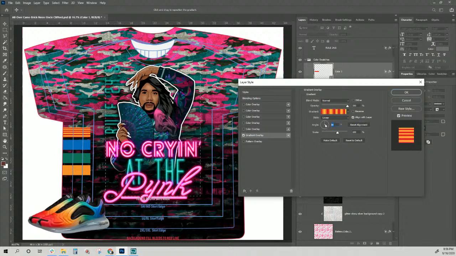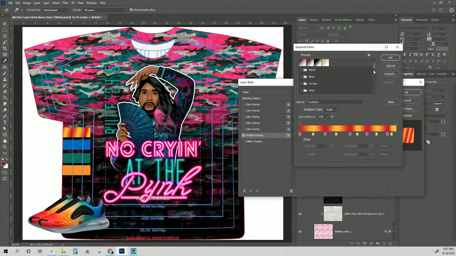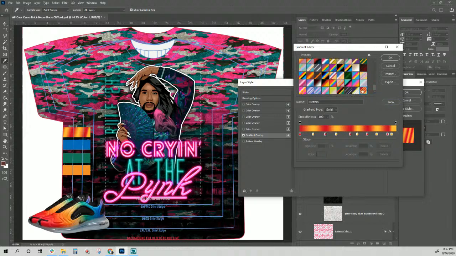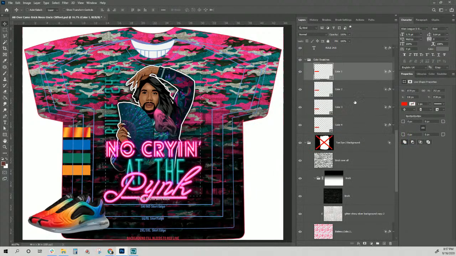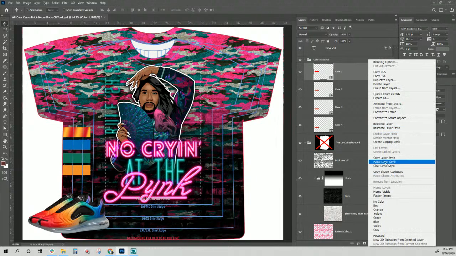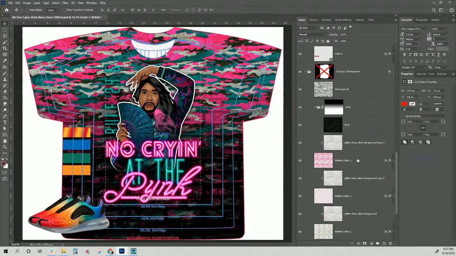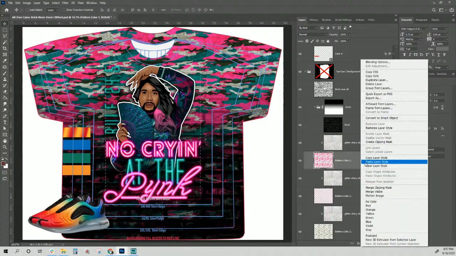And then I'm going to change this to 0 degrees so it goes left to right. And I might even make it angled just depending on what I want it to look like. So we'll keep that. I'm going to change this to new, so I have that down here, just in case I want to save that gradient for another application. All right, so let's try it. Let's copy this layer style